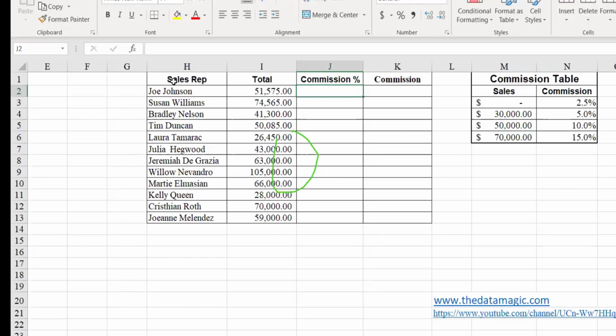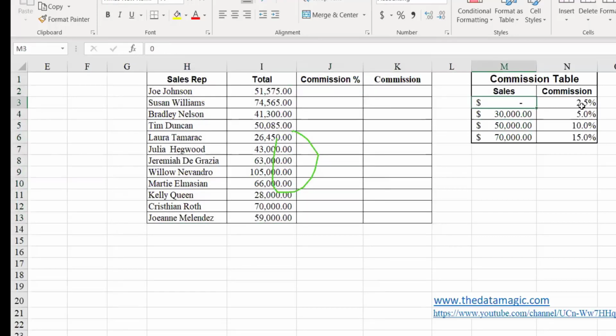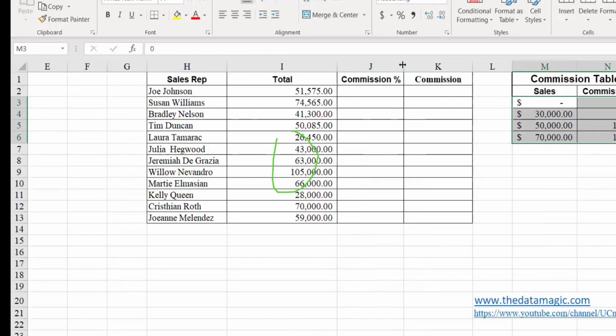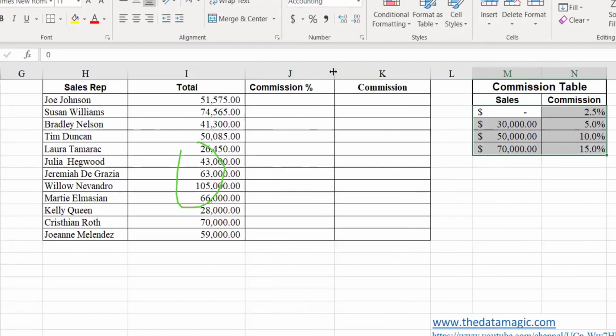Suppose this is a sales table, and you want to find out the sales commission based on the sales amount: up to 30,000, 2.5% commission; 30,000, 5%; 50,000, 10%; and 70,000 and above, 15%. That's how the sales commission table works. If I want to write it with IF conditions, you need 4 IF conditions for that. So instead we can write a VLOOKUP formula, and we can do the same thing without much difficulty or with less code.